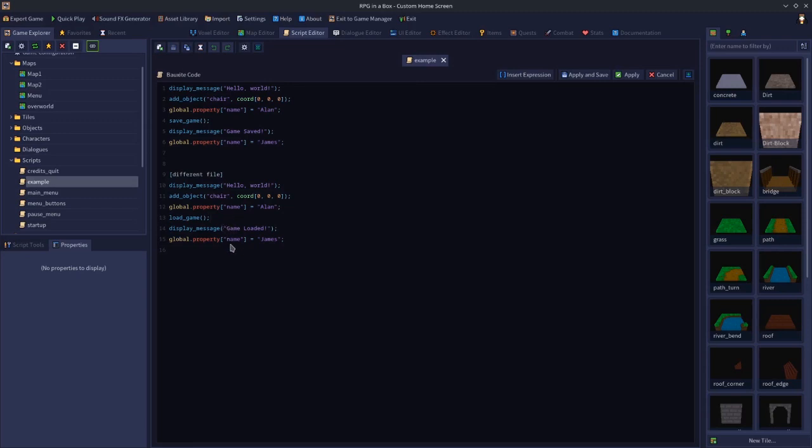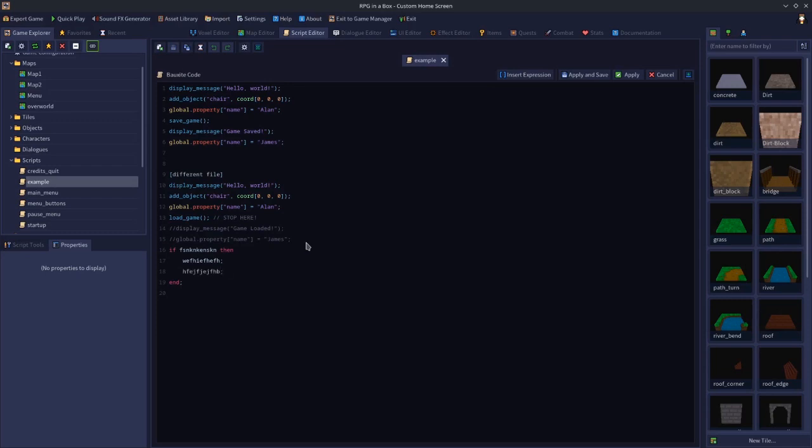Now, there are two important things to note about that. First of all, any script that has a load game request in it will stop at this point. It's going to stop here, and it's not going to do any more. So having these two lines underneath is going to be pointless, because this script is going to stop here. Anything below here, even if you had an if check, if then end, with lots of stuff going on in it,